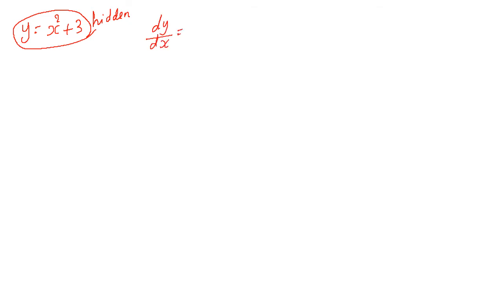So we just assume that y is equal to x square plus 3. In fact, this is hidden. We don't know what exactly the function is. But in order to generate a problem and see how our method works, I just guess y is equal to x square plus 3. That readily gives you dy by dx. dy by dx is equal to 2x, obviously. So this is my f of xy.